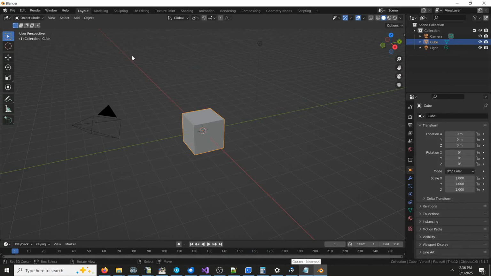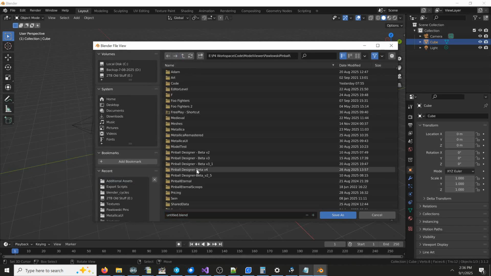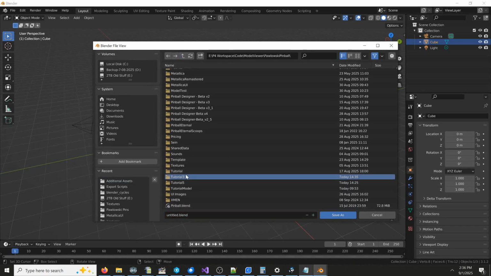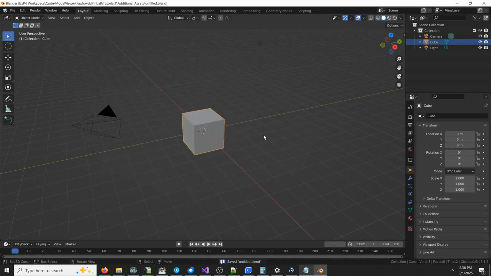Okay, so I've loaded Blender. I want it to actually be from a blank Blender file. If you're opening a Blender file that you've downloaded from somewhere, maybe it has bad scaling or something, you want to export that mesh or get it into an OBJ format or something and then import it into a blank Blender file. So I go to File, Save As, and I'm going to go right into that directory I just showed you. So it's in Tutorial 3, Additional Assets,